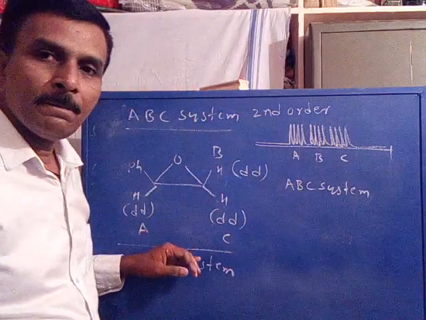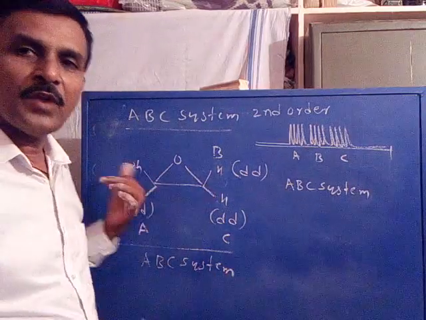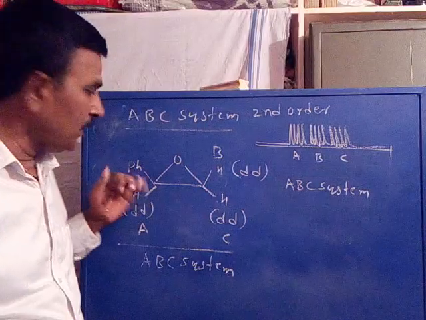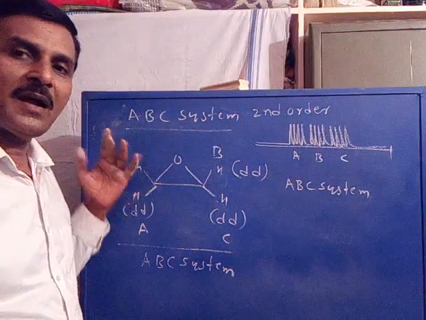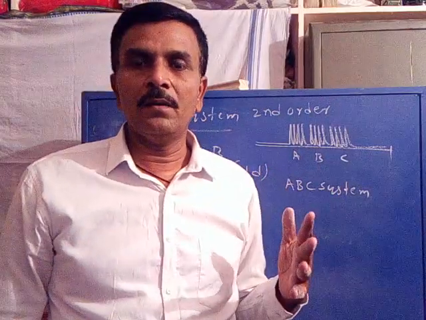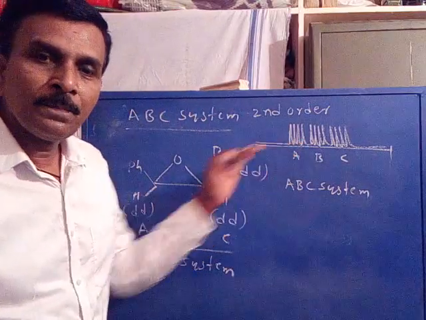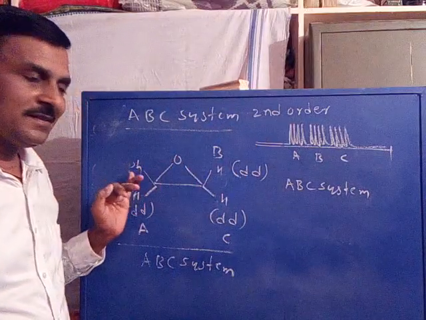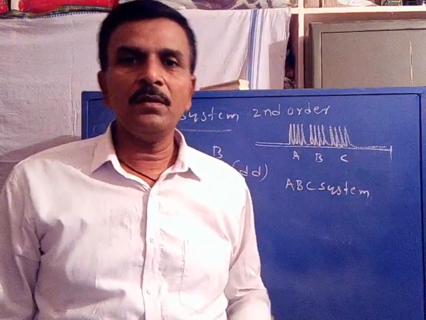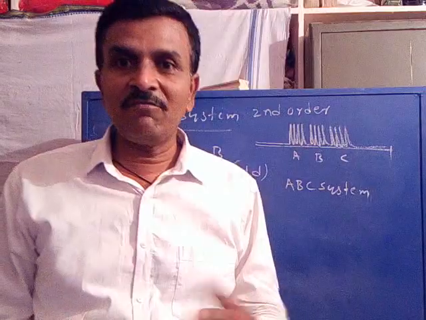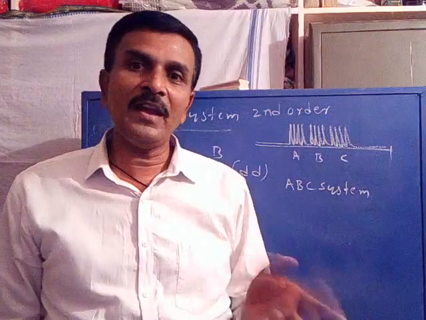So for ABC examples, for different examples, you change the phenyl group with any other. In place of phenyl, you keep chlorine. In place of phenyl, you keep bromine, or whatever it may be, or other alkyl groups without a proton. So you may get the same ABC system with the same spectrum and second order. So by changing the phenyl group, you may construct n number of examples and present the spectrum. The spectrum for any ABC system should be the same: double doublet, and double doublet.